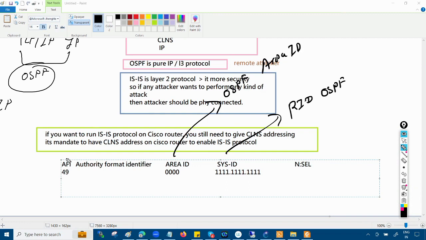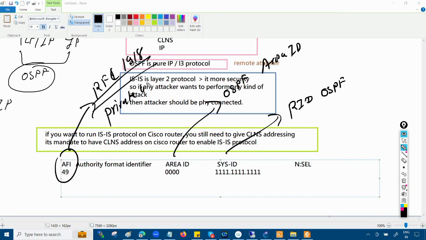And just for your quick understanding, I can say that this AFI you can consider like an RFC 1918 address, public and private. So private use case. And this N-selector you can compare to an EtherType value, or you can call it a protocol number in the OSPF protocol. I can call it the EtherType value on layer 2, like 0x0800. That's the value, so here it should always be 00. So this is the way that you can configure